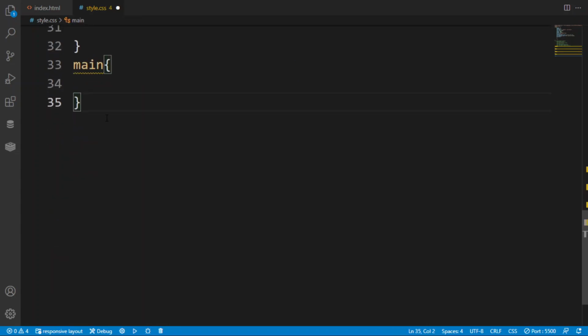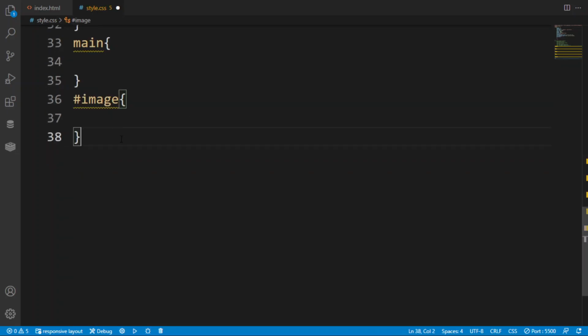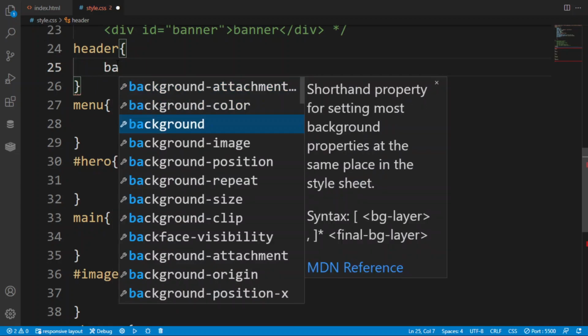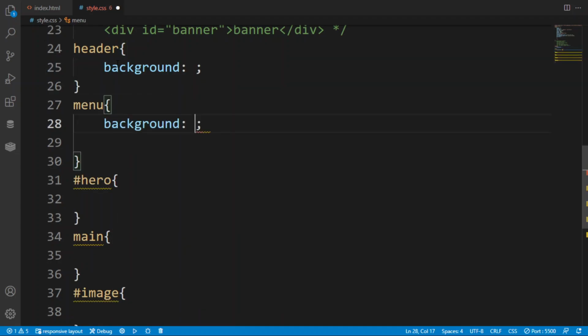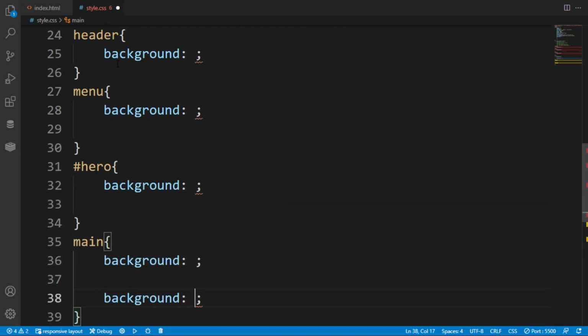Then after that we have images, so copy this thing, and here before writing put a hash, because it is an id. There is another id name, hash banner, where we are going to create a banner for our ads, or you can say you are promoting your other business. So here I am giving the background property, double it,